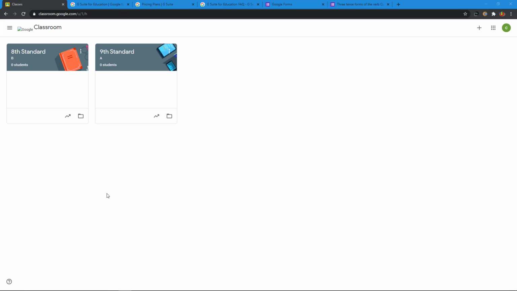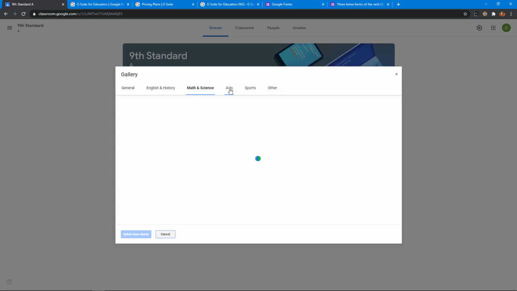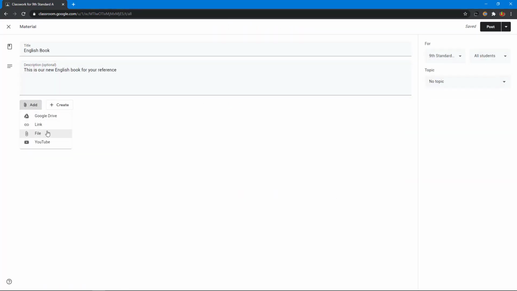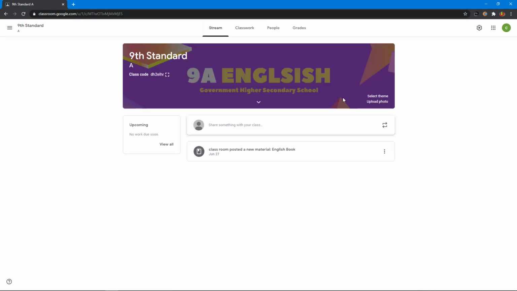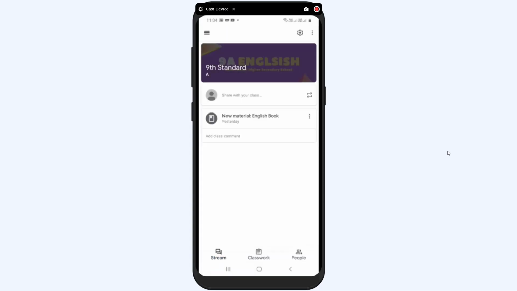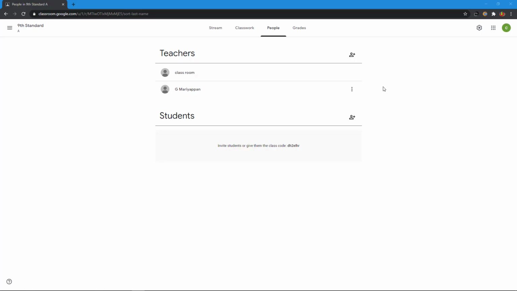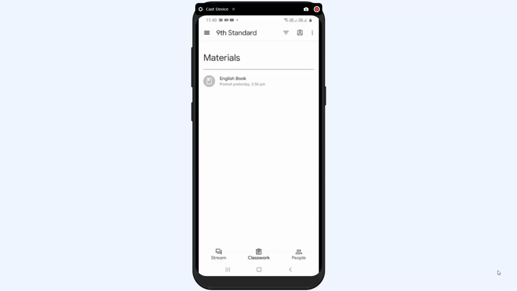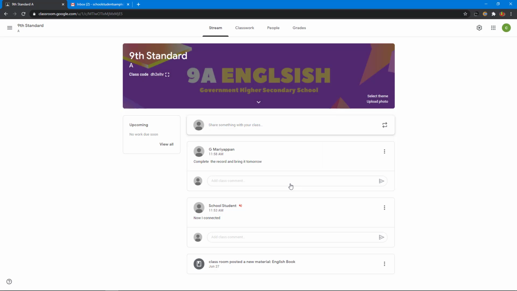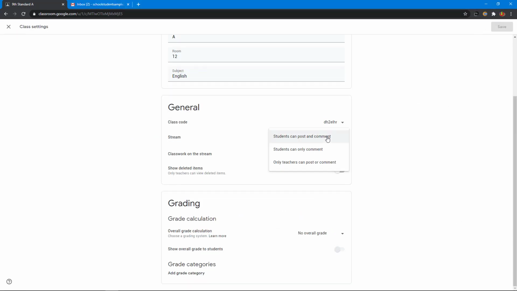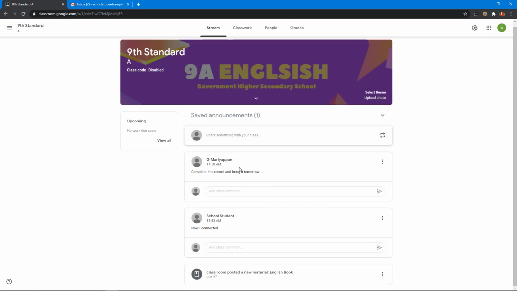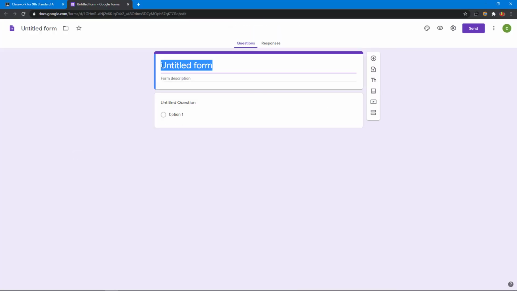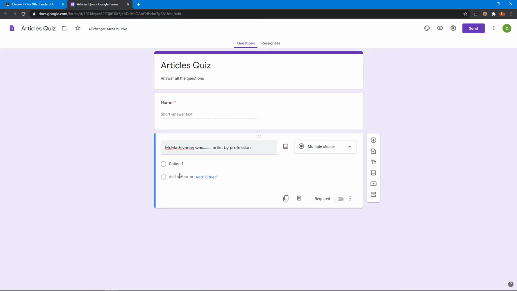The key features of the video are how to create a G Suite for Education account, turn off advertisements and extend the Google Drive space, how to sign up with Classroom, creating and deleting classes, inviting teachers and students, adding resources to the class, creating assignments and quizzes, and finally how to grade the students' achievement. I am very excited to teach you.